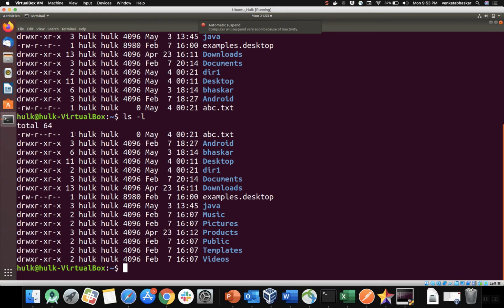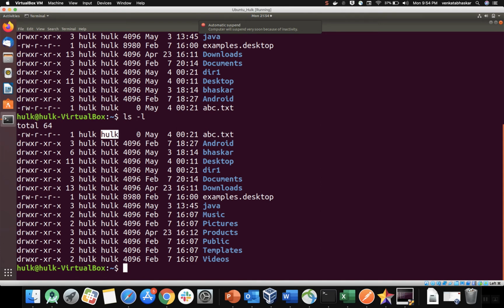Next, it indicates the number of links available for this particular file. That means there is a soft link and a hard link available. In further sessions I will explain the difference between soft link and hard link, and how to create them. And this is my username, this is my group. For every user one group will be there.